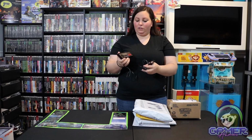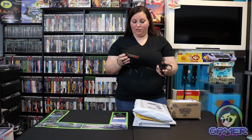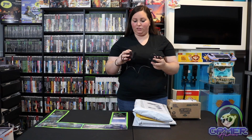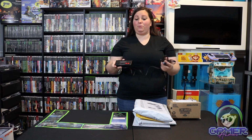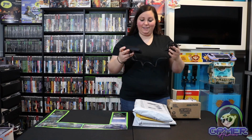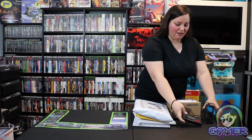So this is just insane, as it has everything connected on here. It doesn't look like there's much damage or anything, just your normal wear and tear on this controller. So I'm really excited to add this to my NES Sharp television, and this is just so awesome. I do need a second one for the set, so I'll be searching for another one. I just don't want to pay over $150 for a controller. And then next up we have